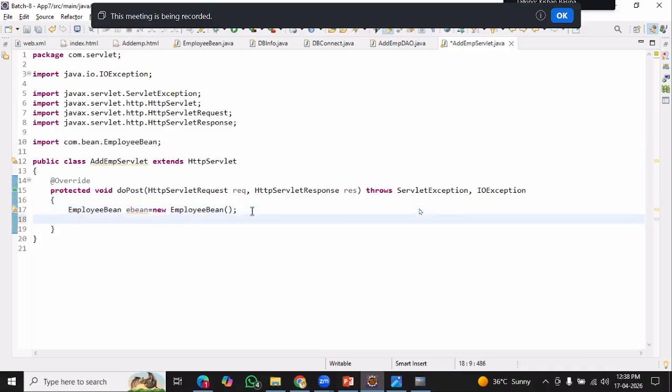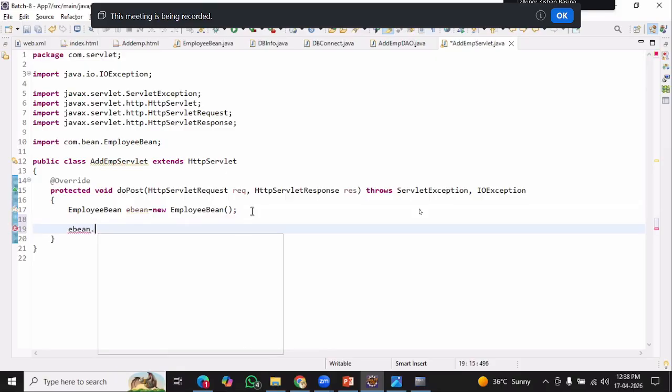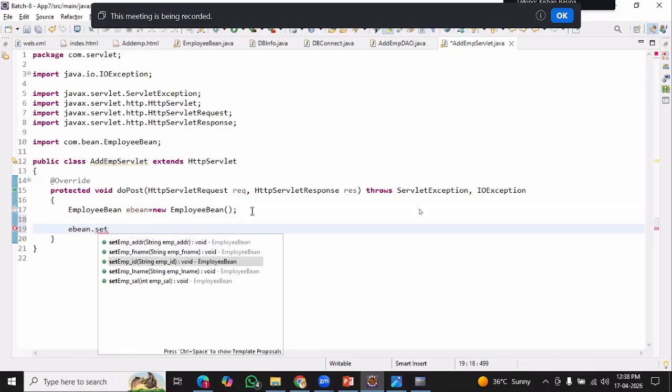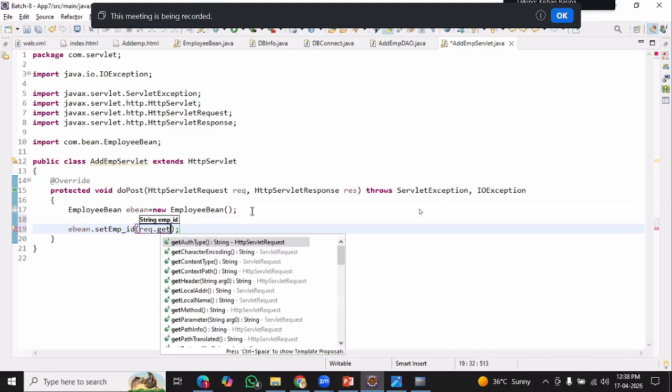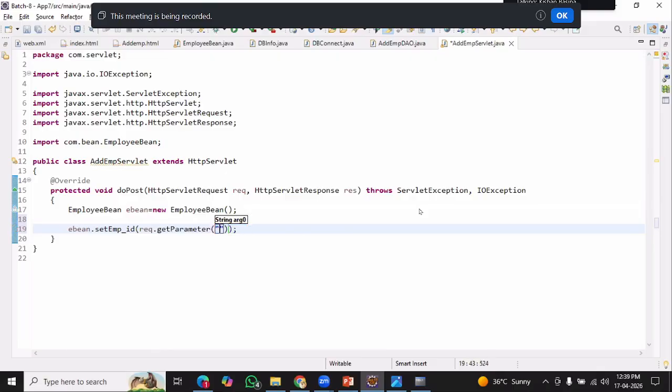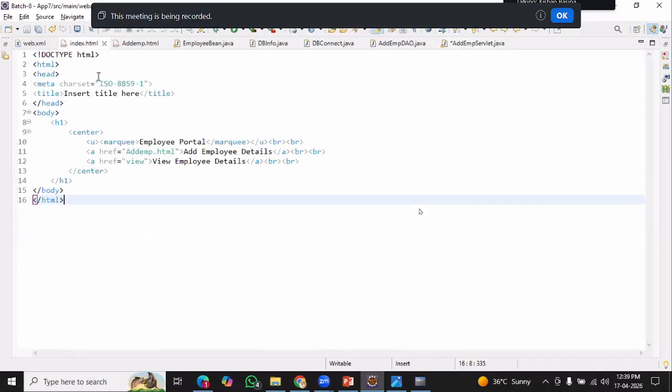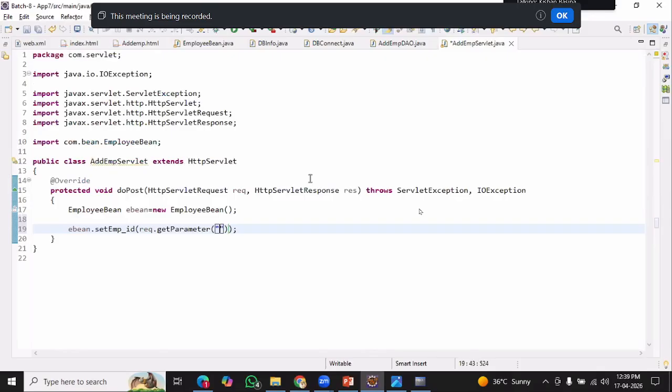Now I want to set the values. ebean.setEmpId(request.getParameter(